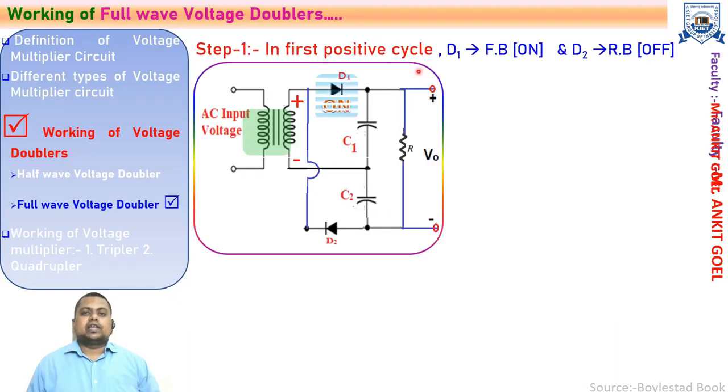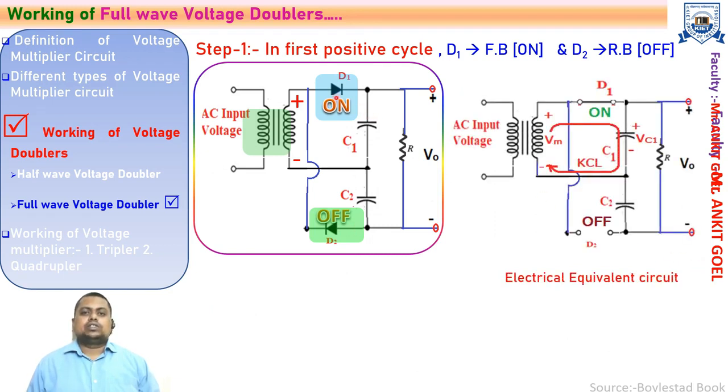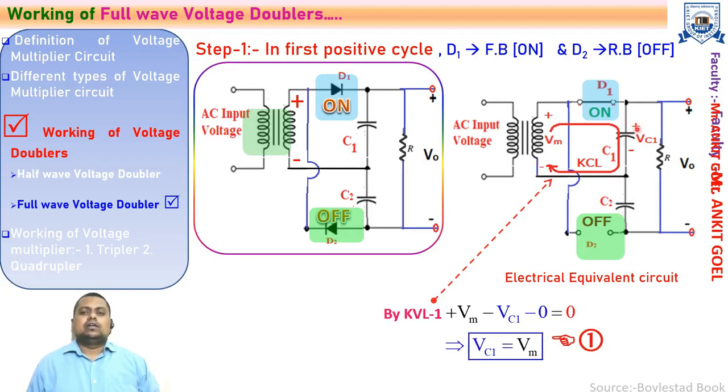In the first positive half cycle, diode D1 will be in the on state and diode D2 will be in the off state. So let's make the electrical equivalent circuit diagram in which the on state model is replaced by the short circuit. Diode D1 is short circuited, while D2 is in the reverse bias state, so it will be replaced by the open circuit. So just apply the KVL through the capacitor C1. You will get that equation as plus Vm minus Vc1 equals 0. So you will get the voltage across the capacitor C1 as equal to the input peak voltage, that is Vm. Right? Means the capacitor C1, due to the high time constant, will hold this peak voltage Vm for the